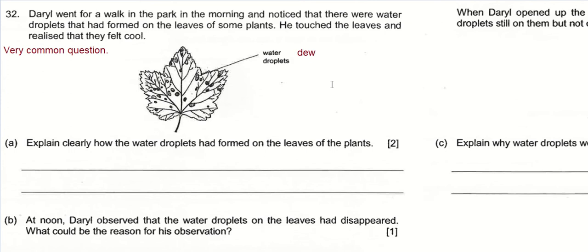Okay, so Daryl went for a walk in the park in the early morning. So there was dew. Now, how did this dew get there? Explain clearly how the water droplets had formed on the leaves of the plant. Such a common question, like I said. So it's very easy. At night,